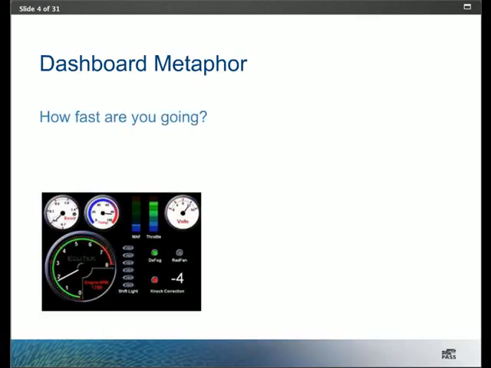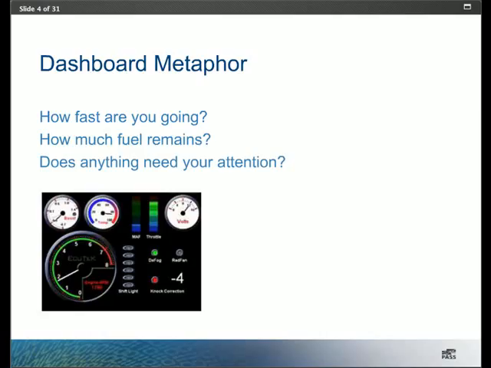And with this information available, you have what you need to know to accelerate or to ease up on the accelerator. And then another important piece of data on your dashboard is the amount of remaining fuel. Do you have enough gas to get where you're going? And then last, there might be lights that turn red if something needs your attention. Maybe you have an oil light or a temperature light go on, and now you've got to stop that vehicle as soon as possible and check the engine for a leak, and at the very least, let the engine cool down.